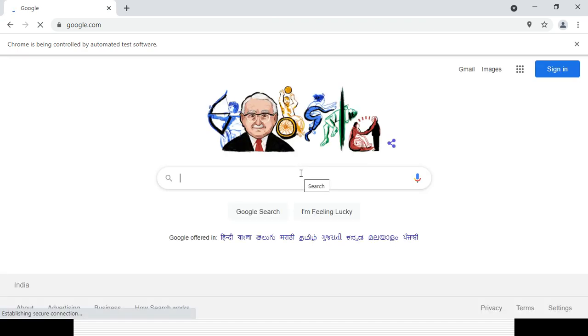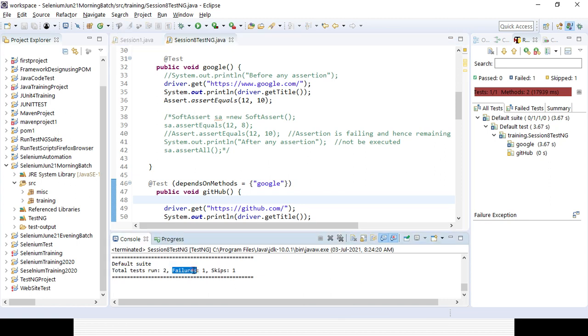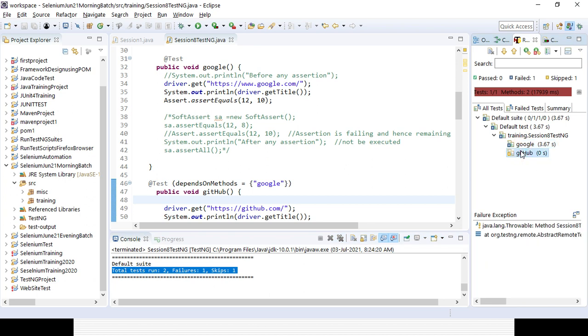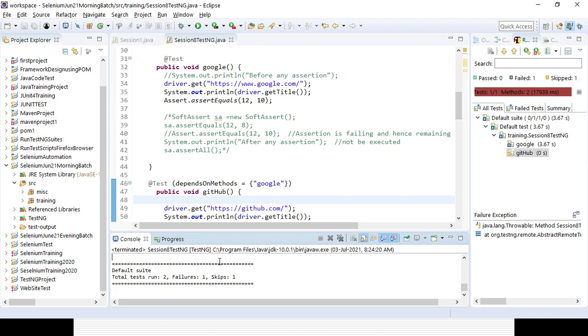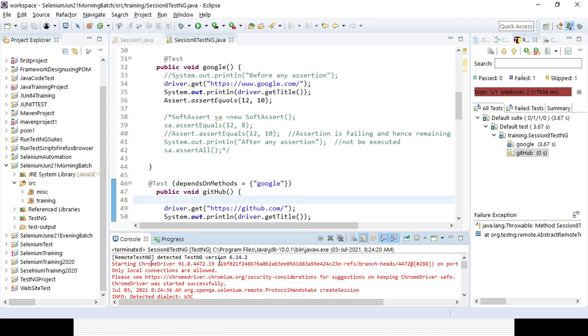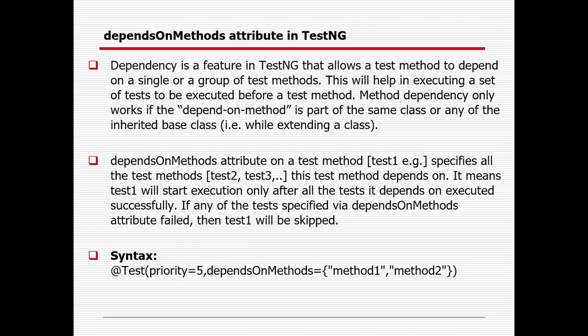You can see here, one failure, one skip, so total two methods. Skip is the yellow icon with a green mark, sorry, cross mark, and fail is the red one with a cross mark. Here you can see it is skipped. So that's why I can skip a test case in case the test case it depends on fails. You can get the result here, because expected was 10 and actual was 12, so the result is failed. So that's why you can use dependsOnMethods.